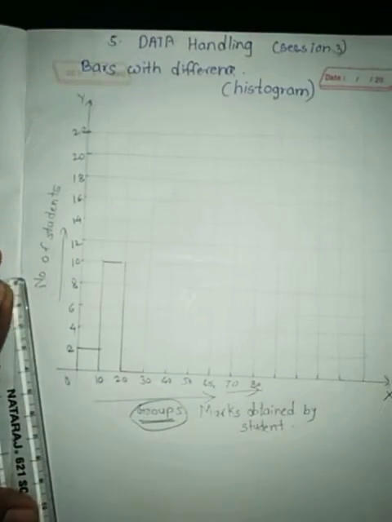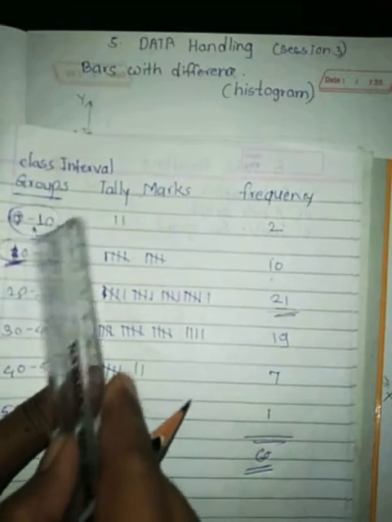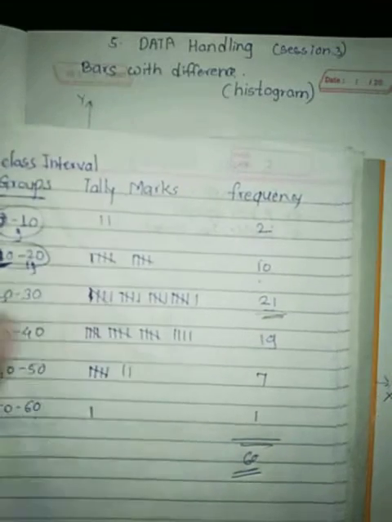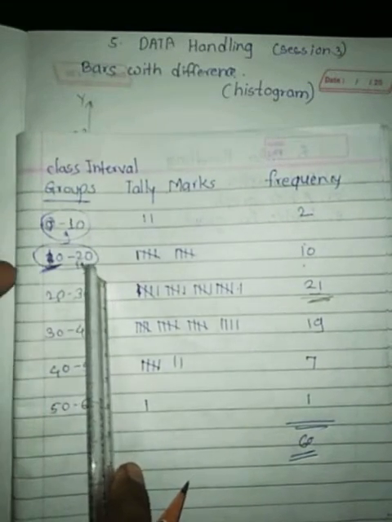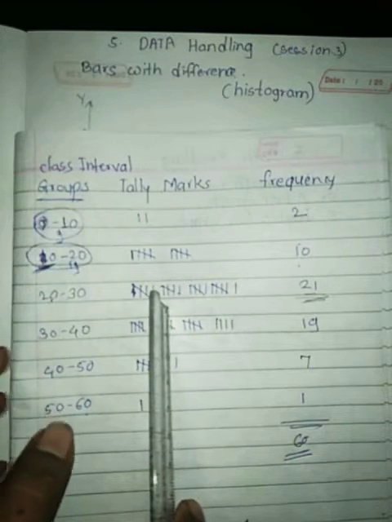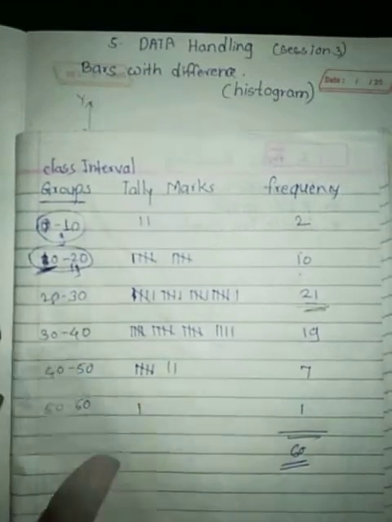Okay. This continuity is because, see, 0 to 10, 10 to 20, it is continuously going from each group to another group, with no difference between the groups. If there is a difference, suppose 0 to 9 and then 10 to 20, then it will be a different thing, but the continuous grouping is there, so the bar should be continuous.